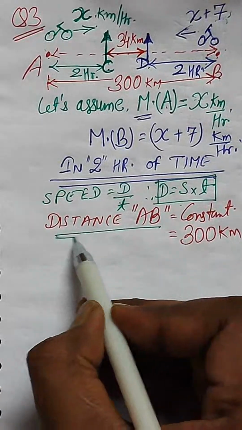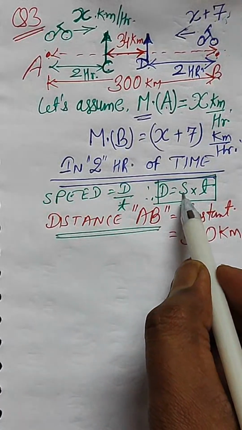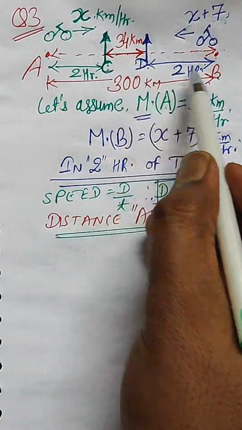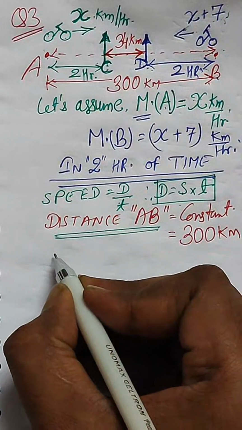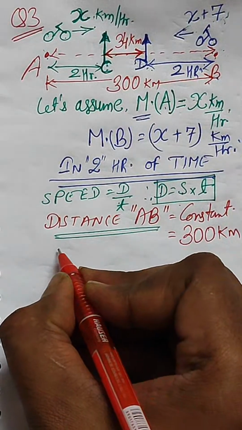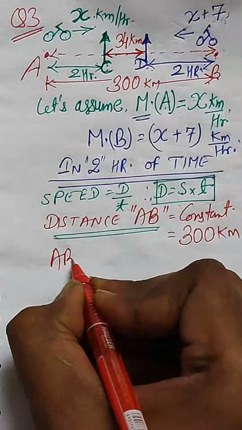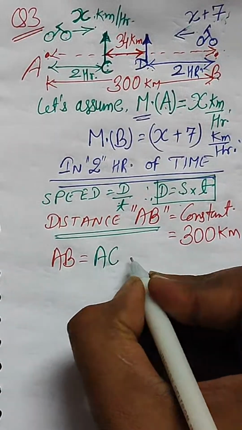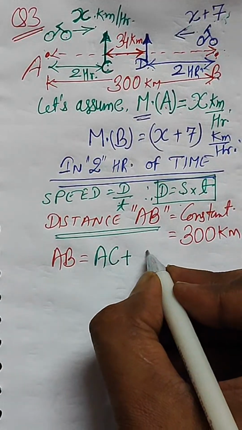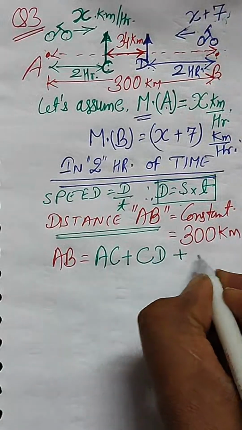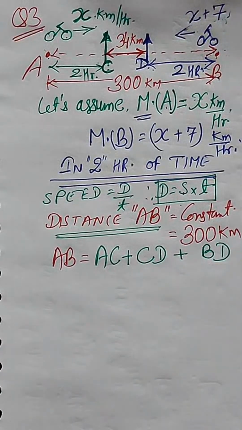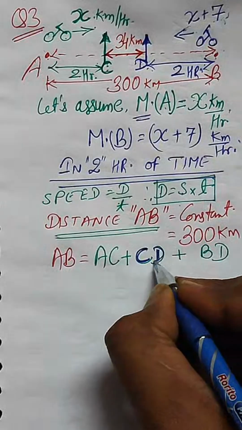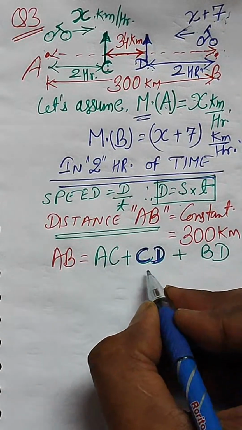Since distance can be written as speed into time, this AB portion can be broken into AC plus CD plus BD. So in place of AB, it can be written as AC plus CD plus BD, right? And here, as per the question, the portion of CD is given to you, and that is